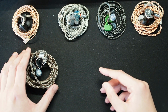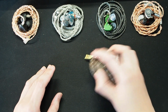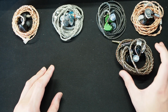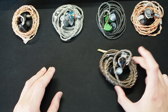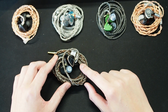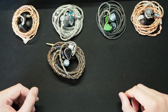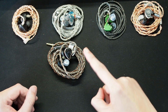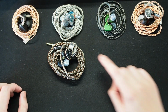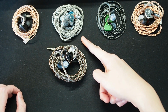However, without comparing with the Blessing 2, my assumption is this MS5 will be somewhere around here, or perhaps even somewhere around here. But when I do some very careful testing, I realize that the MS5 is somewhere around the Blessing 2 level on the separation. Because the sound stage of this one is more laid back and more spacious. So at first, I think that this IEM has better separation than the Blessing 2. However,